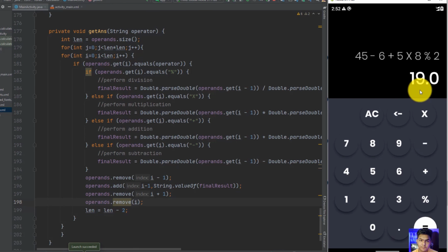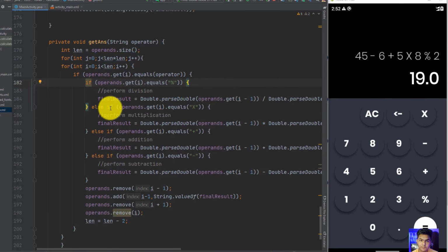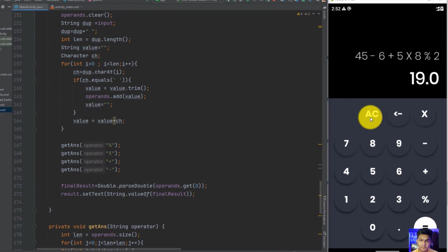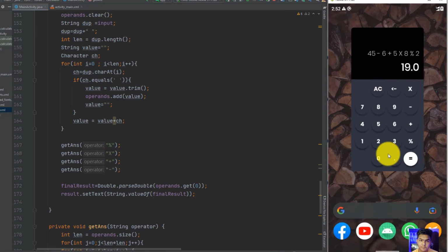Now I have given a problem to you, so you should solve that also, it's based on this calculation only. So now congratulations, you have made your calculator app. Now there are some things that you can add. Now see, whenever we are closing this app,